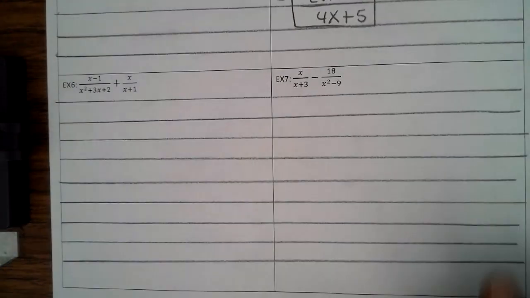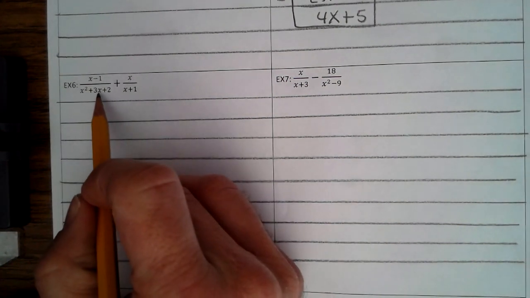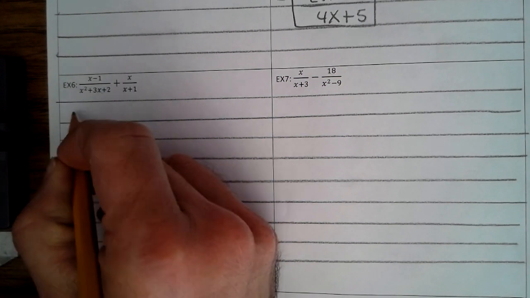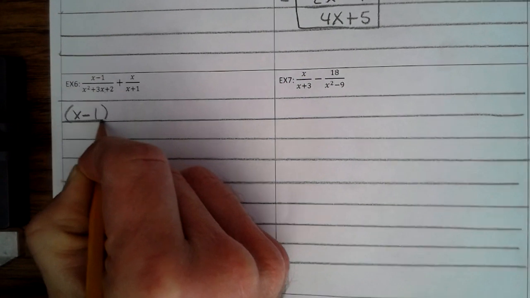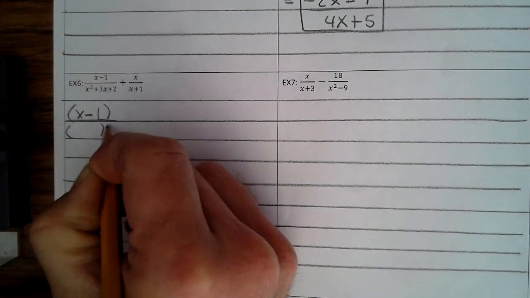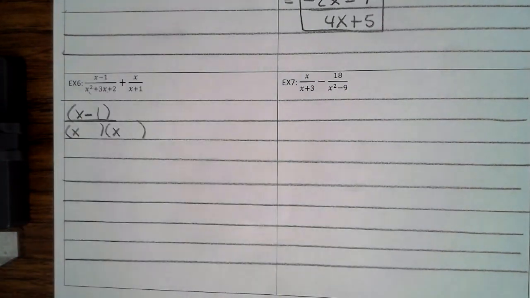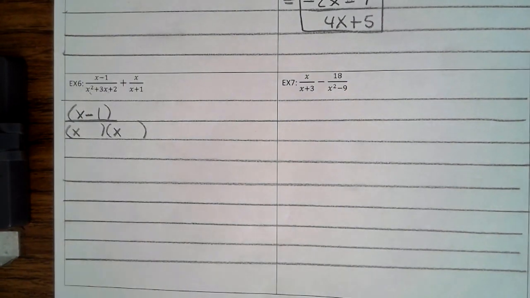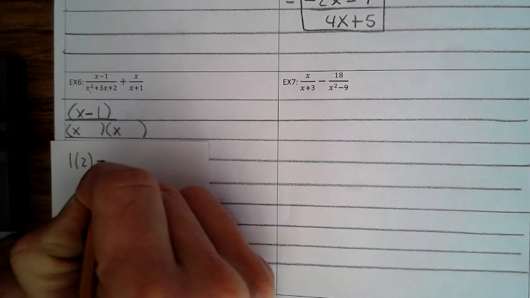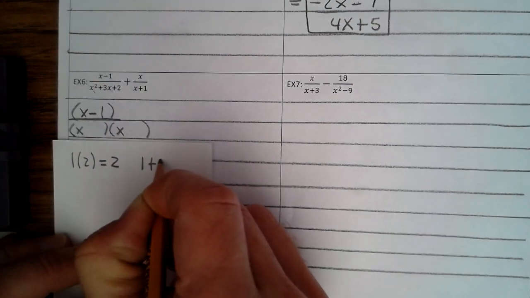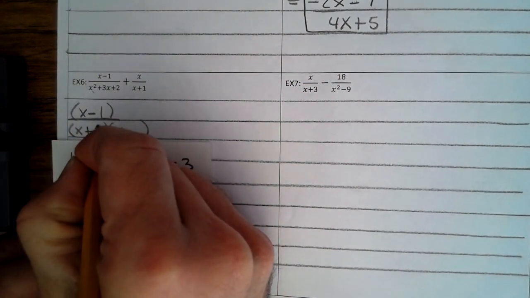Examples 6 and 7 get a little complicated. What we first need to do is factor the denominator. So here we have x minus 1 divided by, to factor that, it's 2 parentheses. x and x make x squared. Now we need to find all the combinations that multiply to give you 2, combined to be 3. So 1 times 2 is 2. 1 plus 2 is 3. That combination works, so we know our factors are x plus 1, x plus 2,